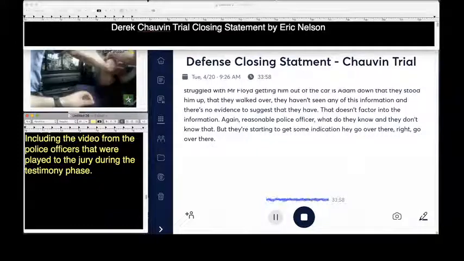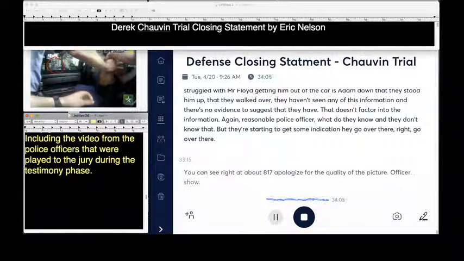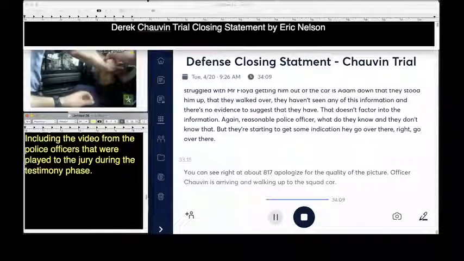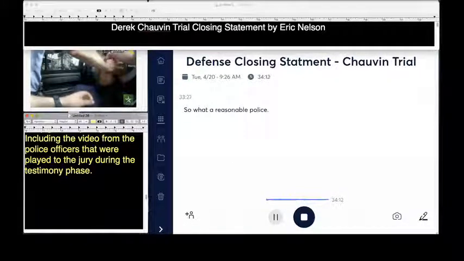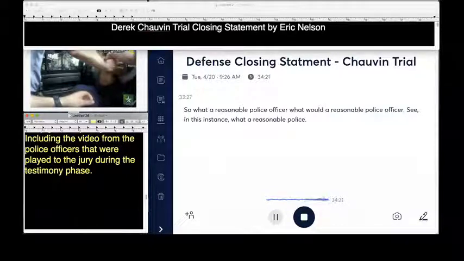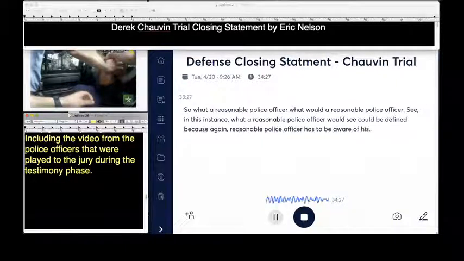You can see right at about 8:17, and I apologize for the quality of the picture, Officer Chauvin is arriving and walking up to the squad car. So what would a reasonable police officer see in this instance? What a reasonable police officer would see could be defined, because again, a reasonable police officer has to be aware of his department policies,